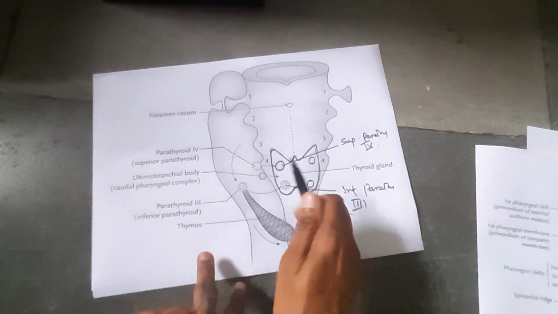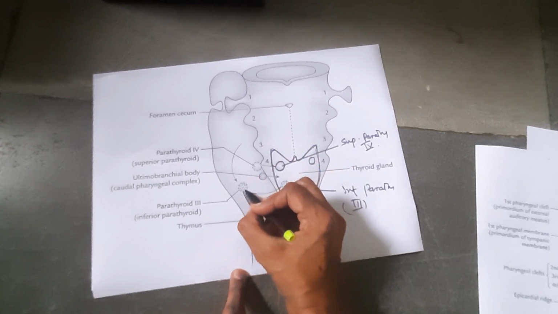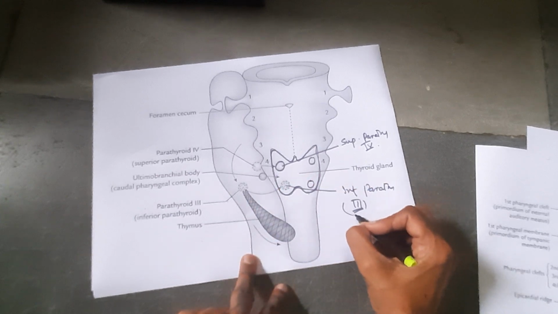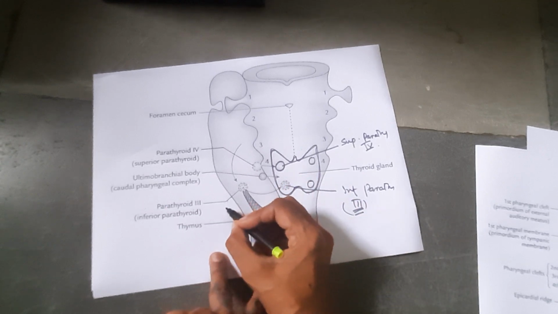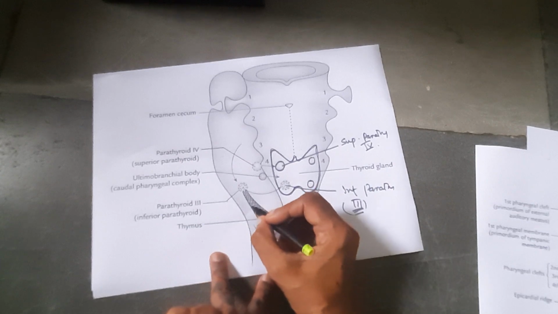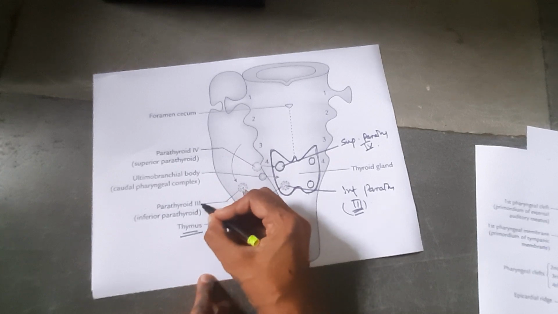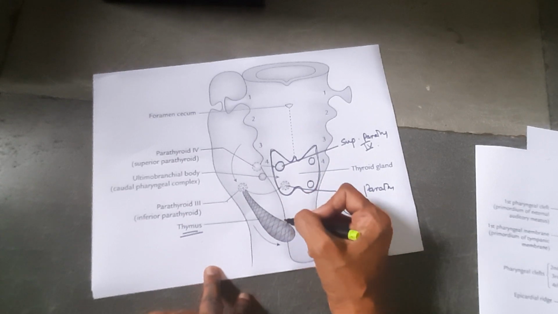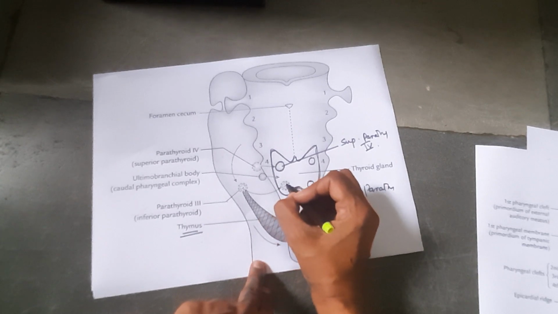Okay, as you see in this figure, the parathyroid 3 is this. Parathyroid 3 during development, it develops from the third pouch. That's why known as parathyroid 3. But it will migrate because parathyroid 3 develops from the third pouch and third pouch also forms the thymus gland. So parathyroid 3 gland will migrate along with the thymus into the neck region. It proceeds, and it will come to its definitive position.